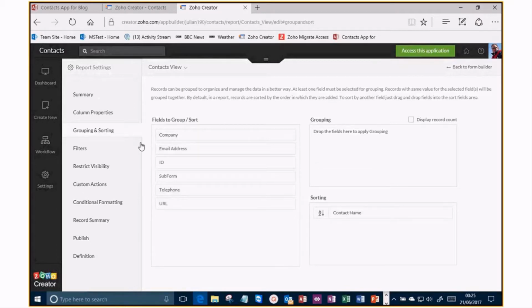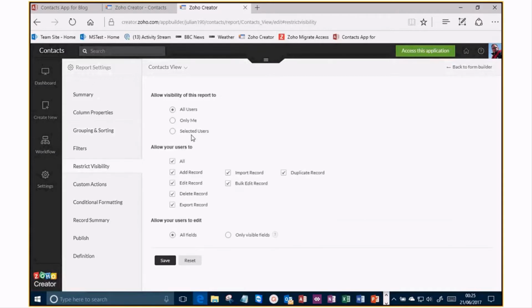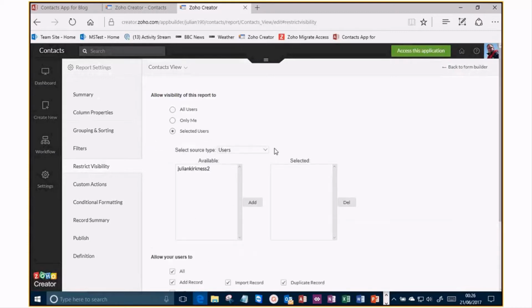I might group it by company if I had some sensible real data, or filter it or whatever. I can restrict visibility so that users are limited in what they can do with the data that they see. I can choose which groups of users in various ways, whether it's via roles and so on, have access to this view,